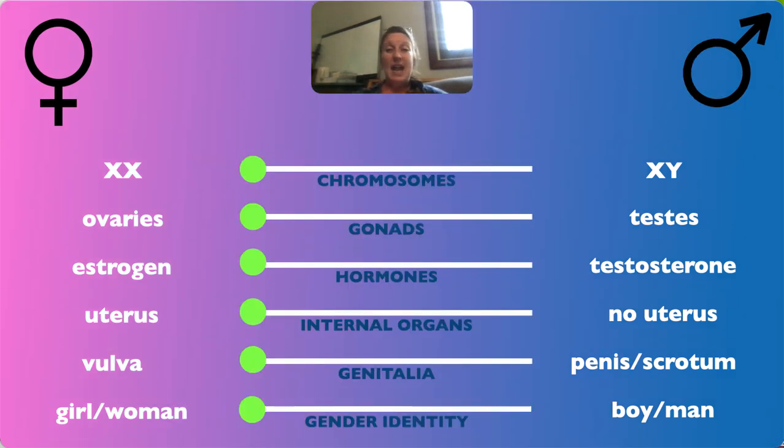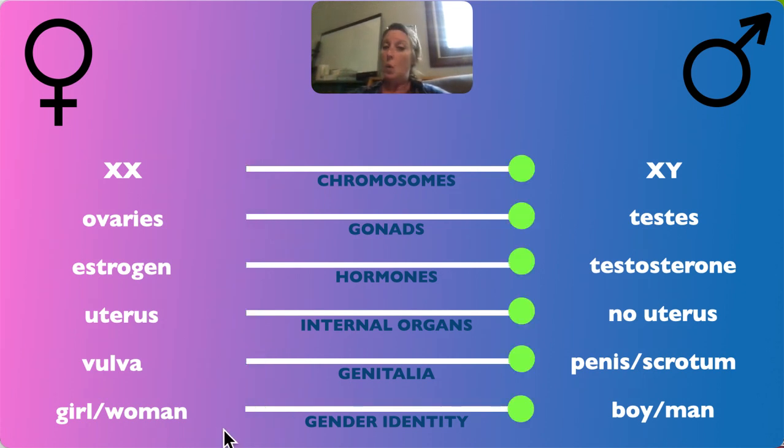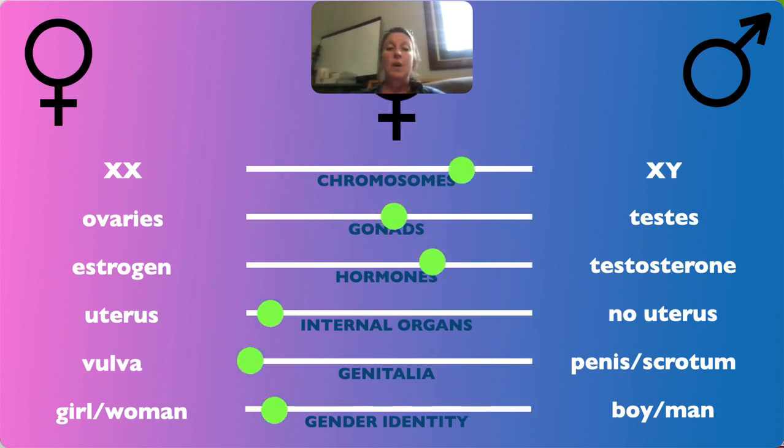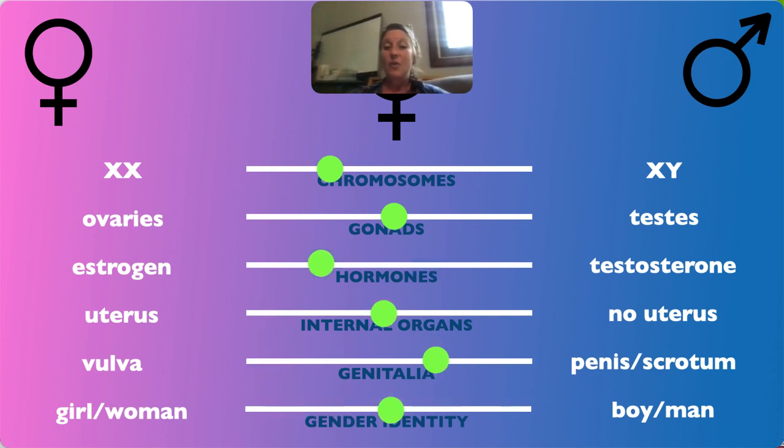So, if we had little sliders for measuring things to help us figure out biological sex, the binary model says that all of the sliders are going to be at this end, you're female, or this end, you're male. But the reality is that there are many places where these things are not clearly on one side or the other, and therefore it's not clear how we would identify a person's biological sex if we only have this binary model.